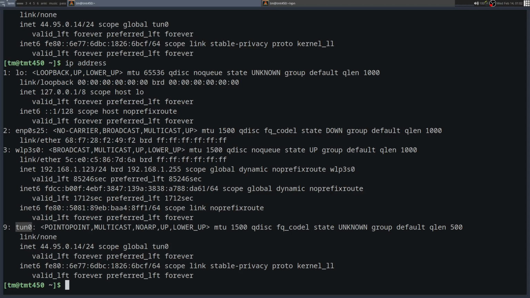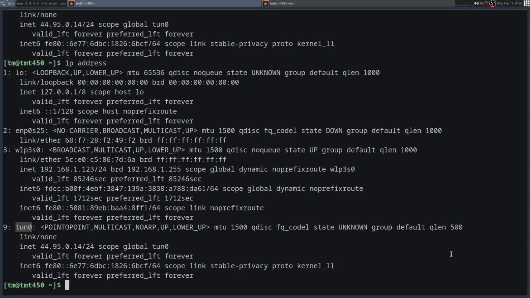If it's on board, it will have an o. If it's a hot plug slot, it will have an s. And if it's a PCI location, it will have a p. If that naming scheme fails for one reason or another, it will fall back and you'll commonly see something like eth0 or ens and then